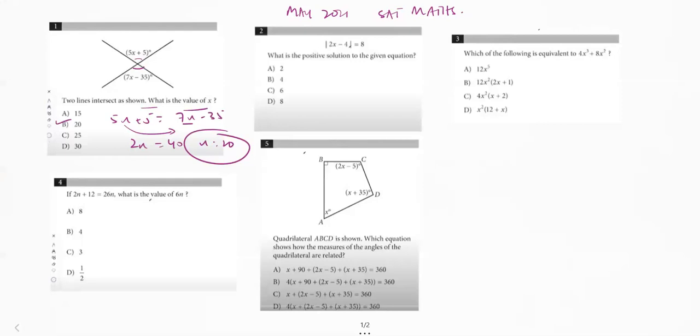Now coming to the next one. This is absolute, right? So whenever we remove this absolute, we put a plus minus sign over there, like 2x minus 4 is equal to plus minus 8. Why is that? Because if you look at the graph, I did tell you earlier. If this is the graph, right? And if, for example, this is equivalent to something.